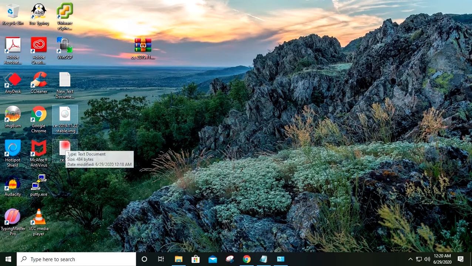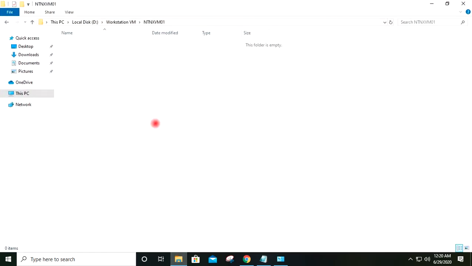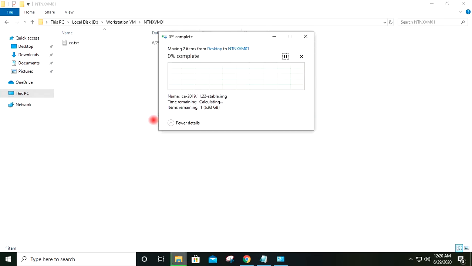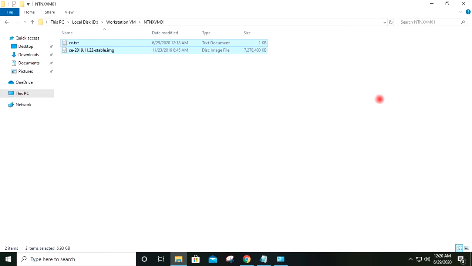I will cut the image file and the disk descriptor file and paste these two files in the virtual machine folder which I have just created.